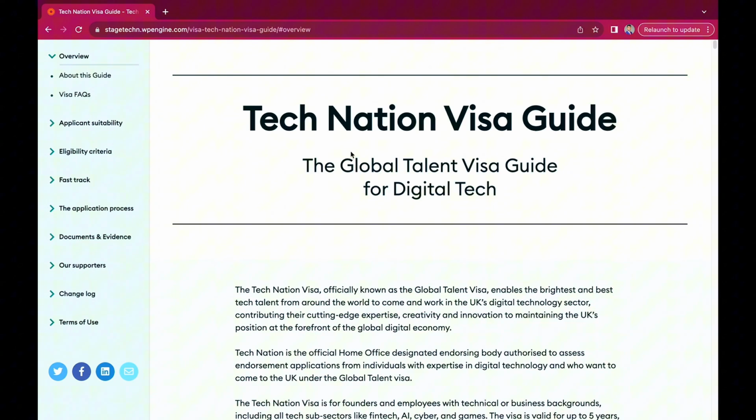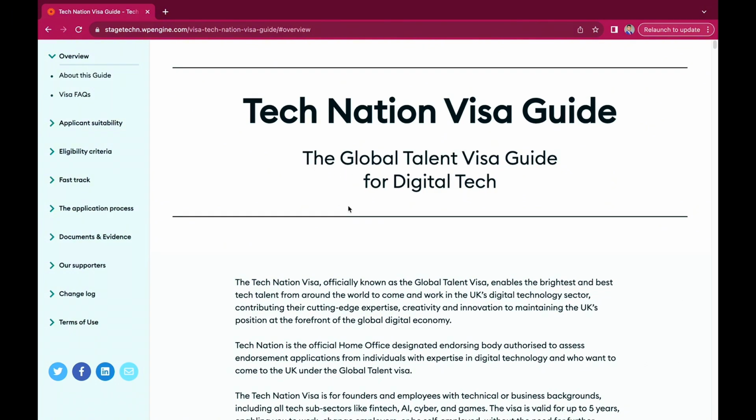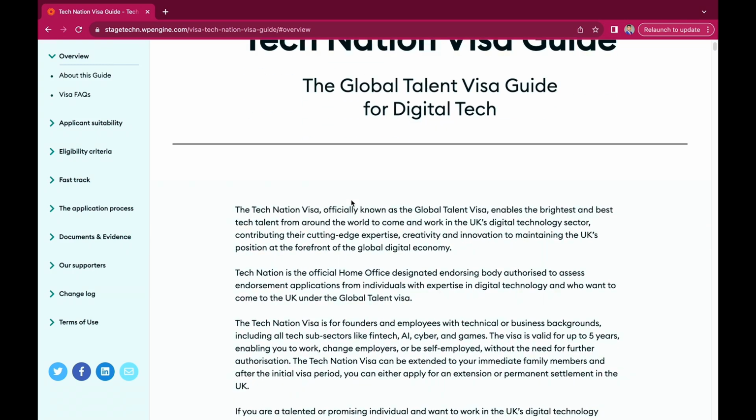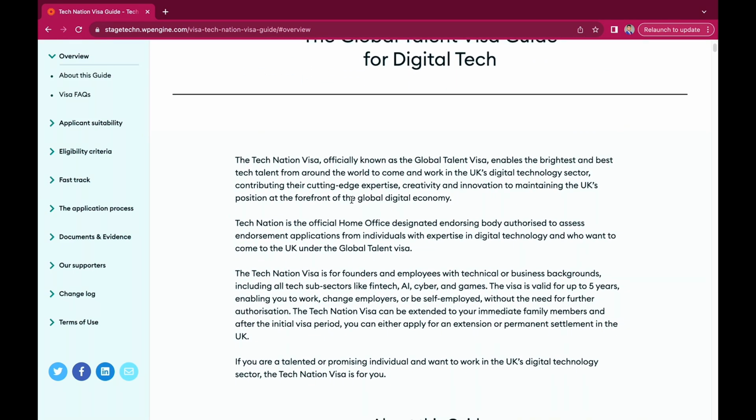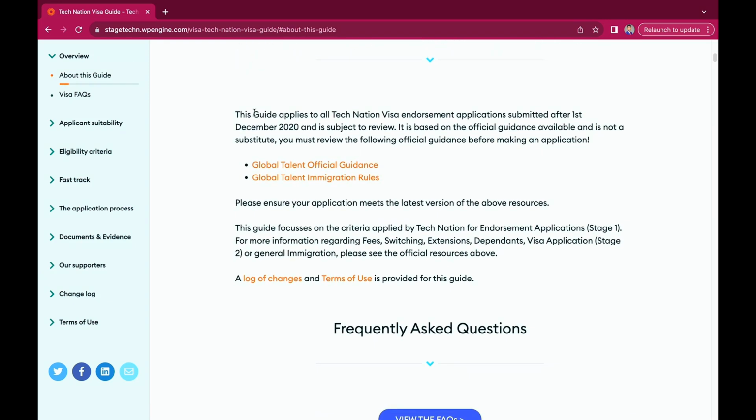But yeah, as a UK Global Talent Coach and Consultant, I want to help more people to understand what it really means so that they can do it themselves. So it's very easy to make informed decisions when you know what the guide is really talking about. So today, this is just the definition for TechNation and really what it's all about. Yeah. So this guide, they are saying this guide applies to all TechNation visa endorsement applications submitted after 1st December 2020